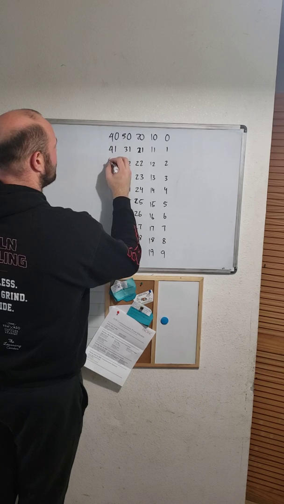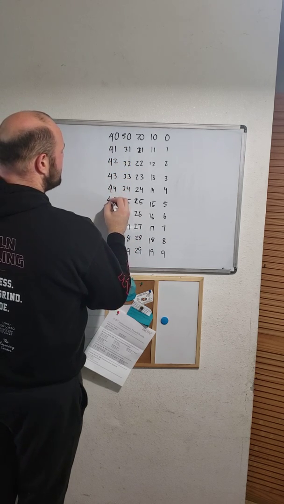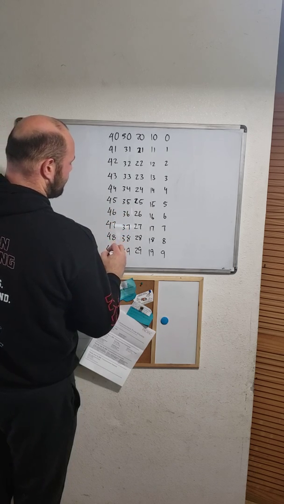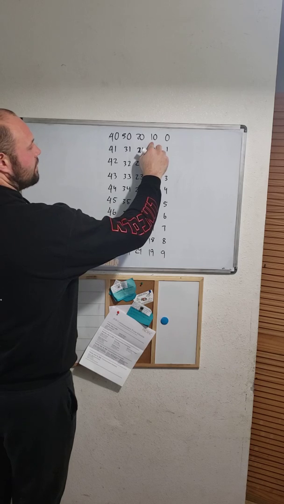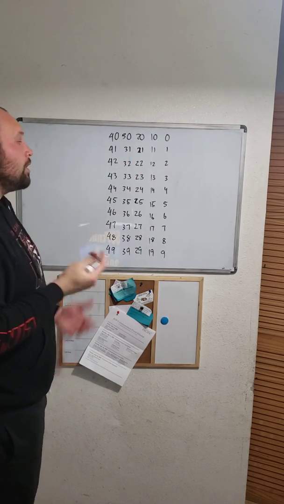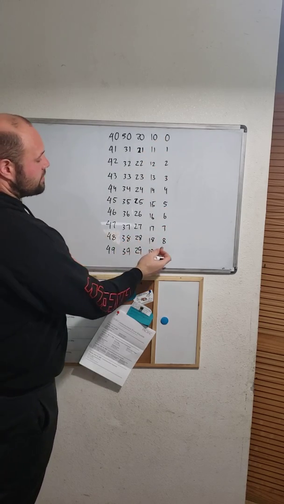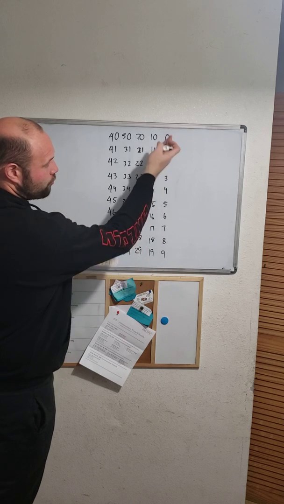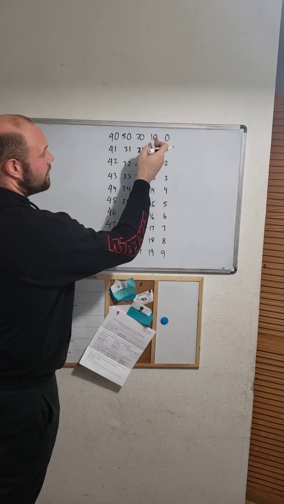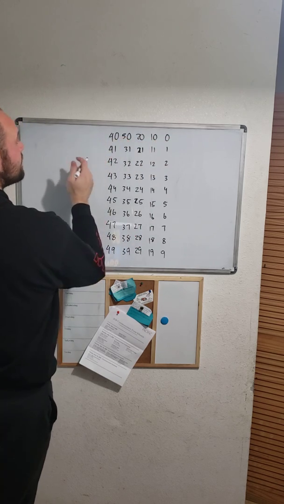You can probably notice that if I was going from 0 to 10 or 10 to 20 and so on, I'm going up by 10, right? Well, the same way that the one spot, when you go up a group of 10 of the ones, you go to 10. If you go up a group of 10 of the tens,